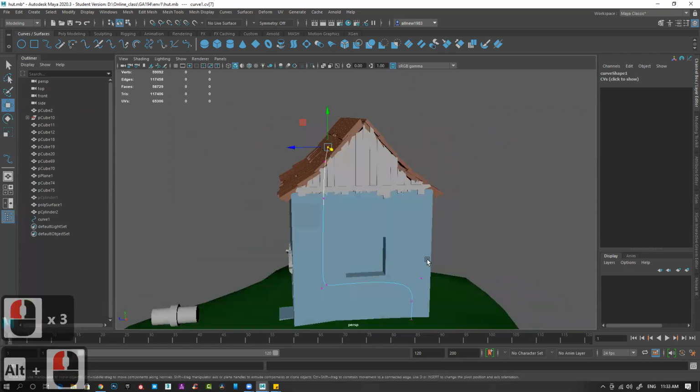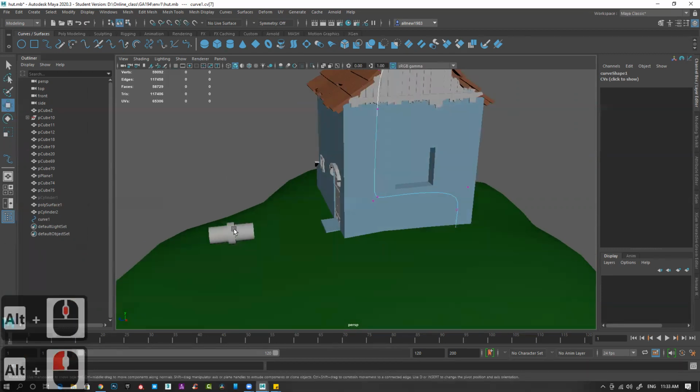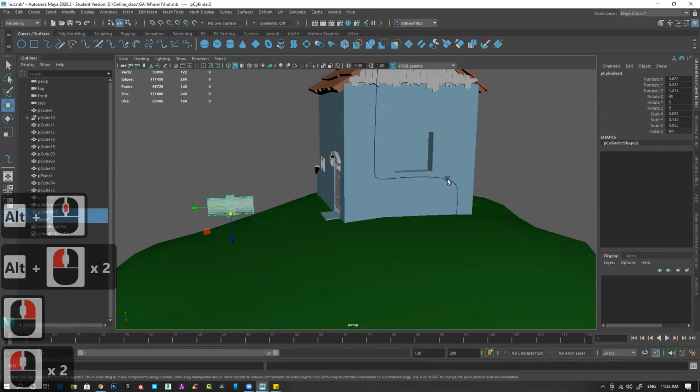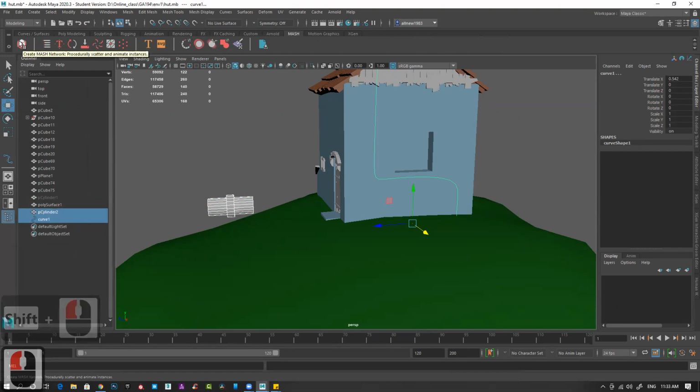So I have created this shape and I want it to repeat multiple times. What I'll do is select my model, then select my curve, go to Mash and select create Mash network, procedurally scatter and animate instances.